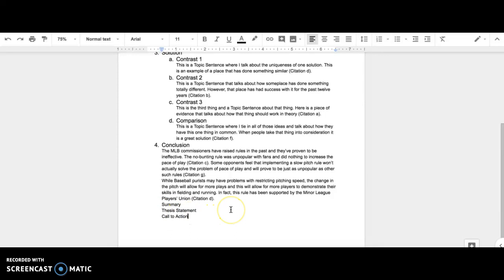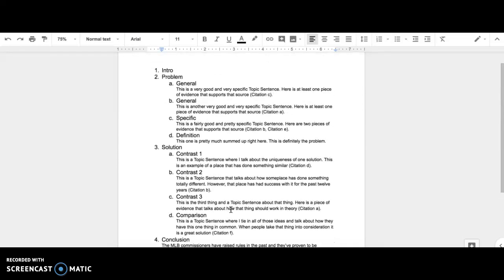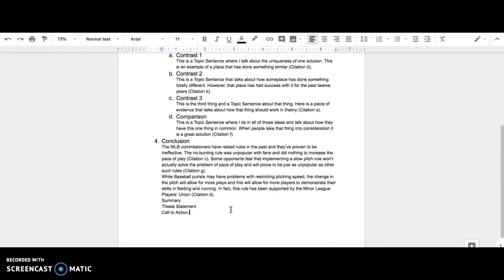The call to action, on the other hand, is something that probably many of you haven't done before in past papers, so we'll talk a little bit about this one as well. So call to action is going to be probably still of a part with the summary and the thesis statement, but it's going to be its own sentence. So something along the lines of